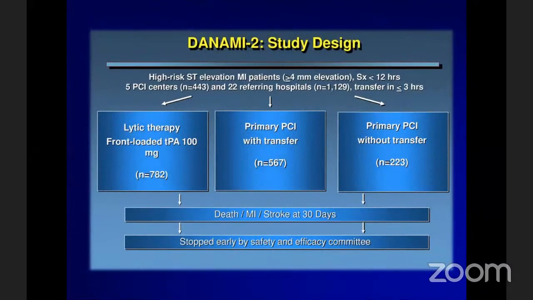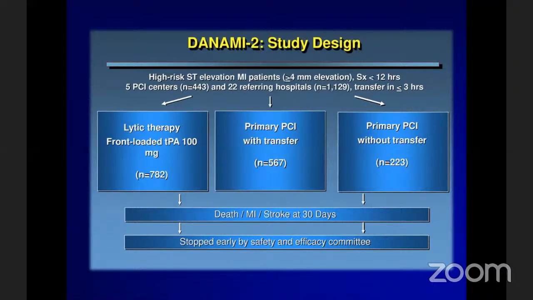One of these trials is the Danish trial 2. This trial categorized the patients with myocardial infarction into 3 categories. The first category, on the left side, those patients receiving only lytic therapy. The second group, those who undergo primary PCI with transfer. With transfer means this patient was received in a hospital with no cath lab and transferred to another primary PCI capable center. And the third group, primary PCI without transfer, means this patient was received in a large hospital with a cath lab